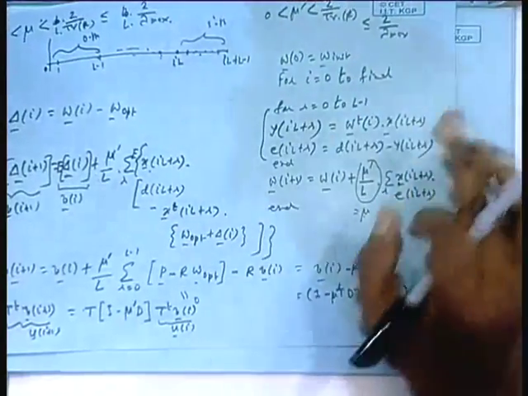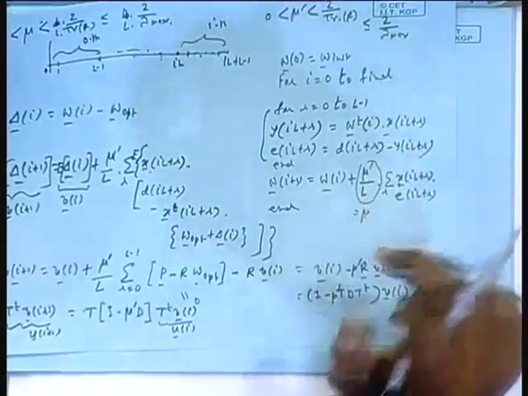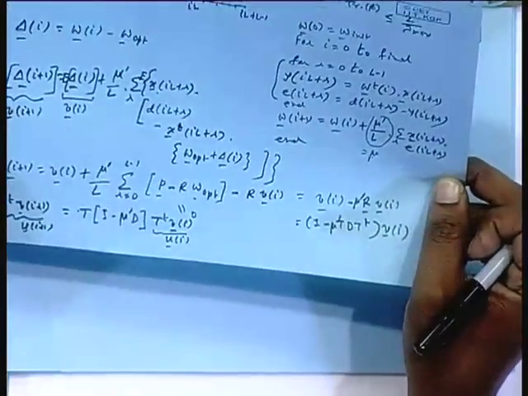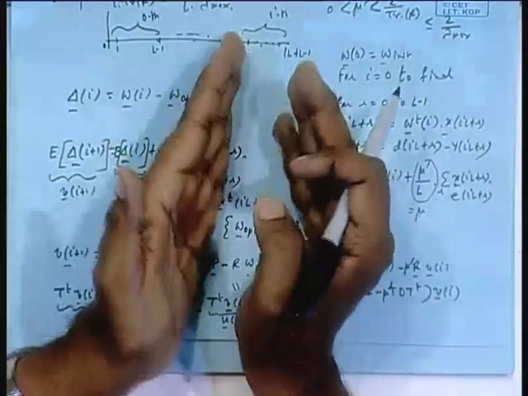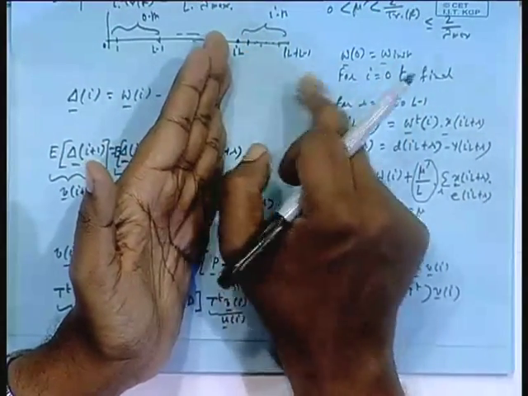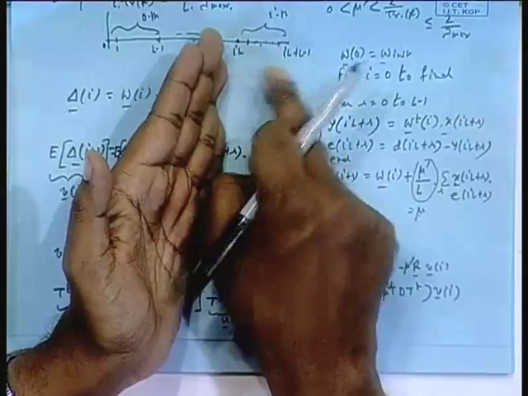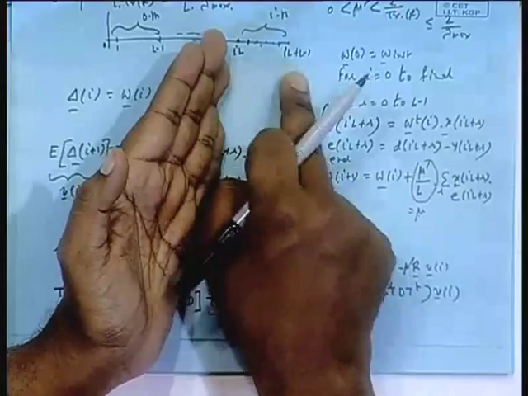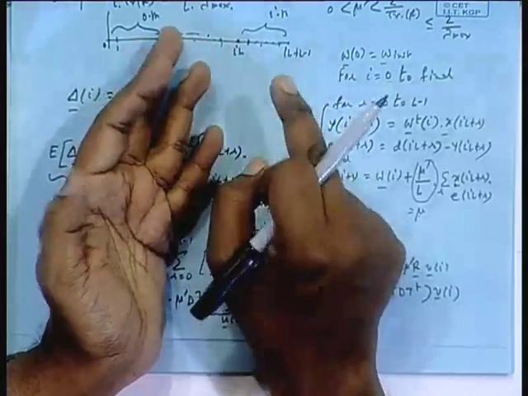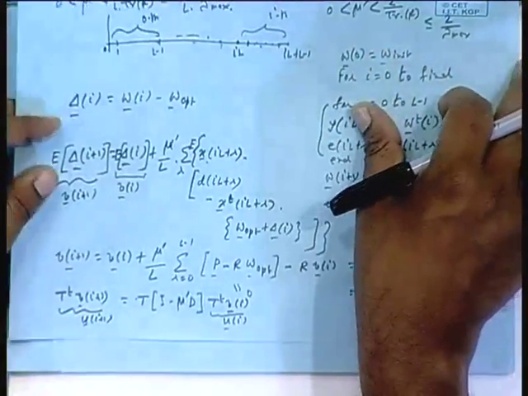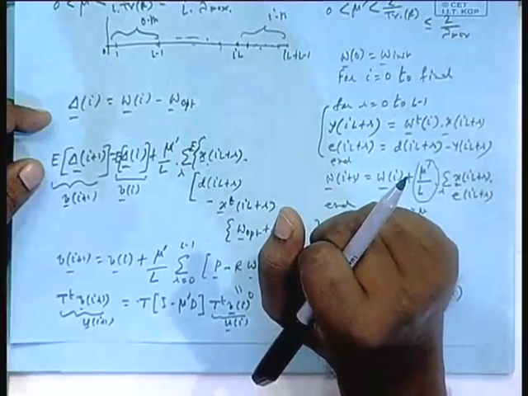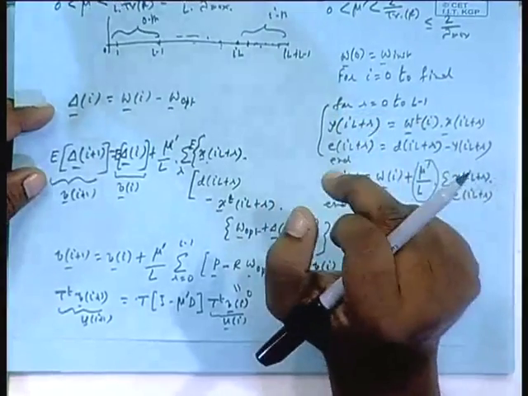Okay. So, now I am interested in the implementation of this. That is why this algorithm is so important: one full block of filter output and weight update can be carried out for all the indices, filter output, error output and weight update. All these things for the entire block can be carried out much faster than in an LMS algorithm, using FFT and all. So, now we have to get into implementation.